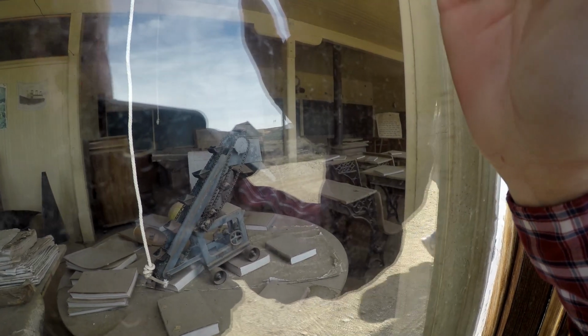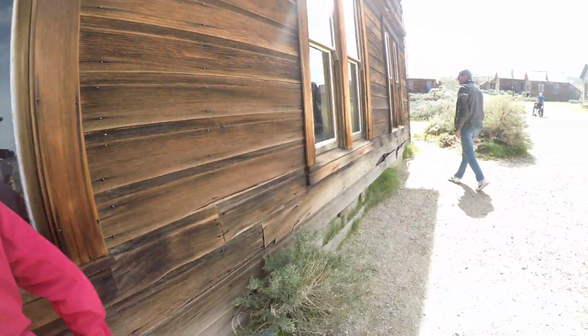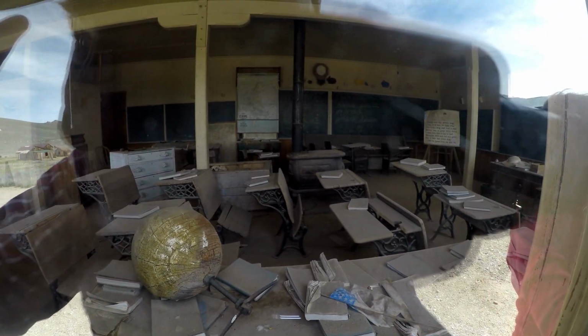Interesting. Oh, this is a school. School? Yeah, definitely. Yeah, those are school desks. And you can see all the books scattered around up here. Only pupils are missing. Yeah, exactly. Stove over in the center of the room. The teacher's desk is up there,